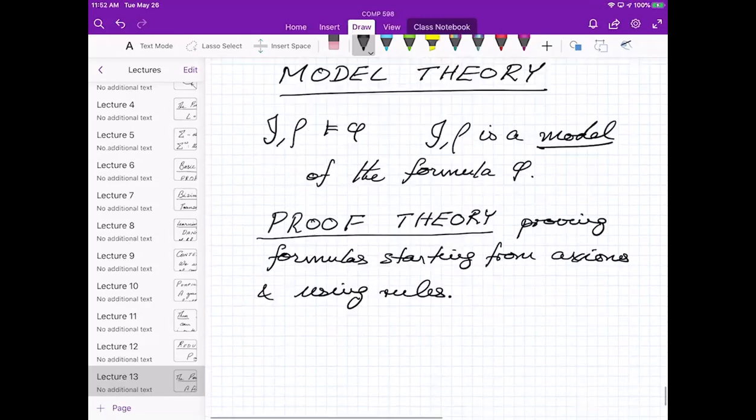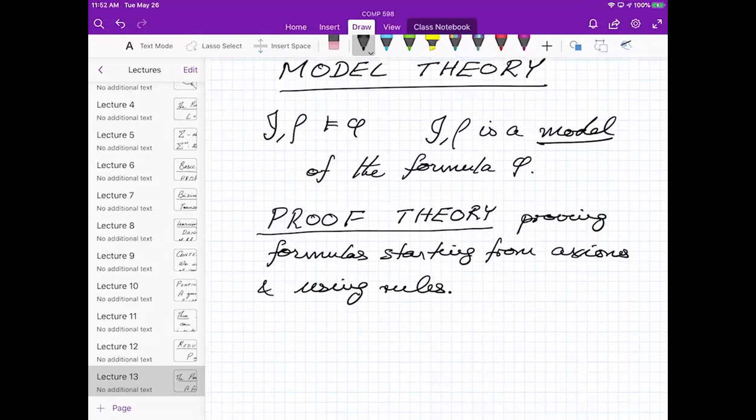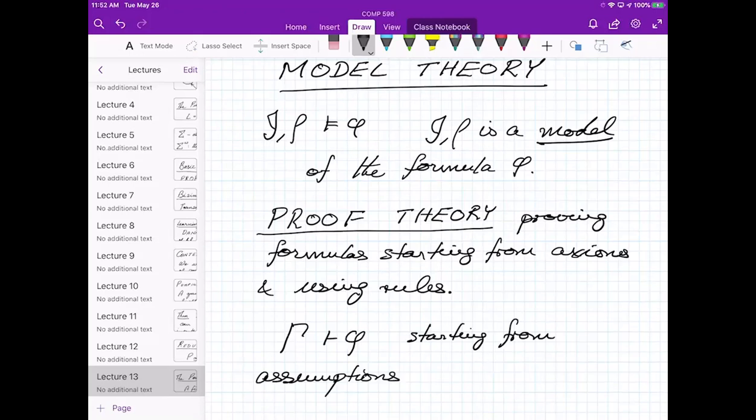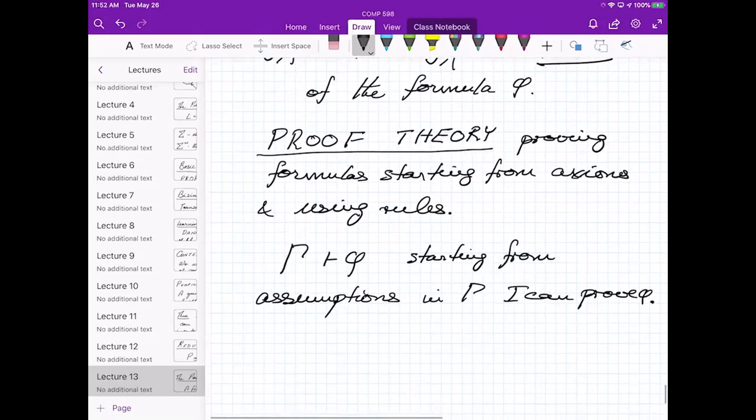So let me just tell you what that link is. This notation means starting from assumptions in gamma, I can prove phi. Okay, so this is all about provability. You have to write down what your rules of inference are, what your axioms are.